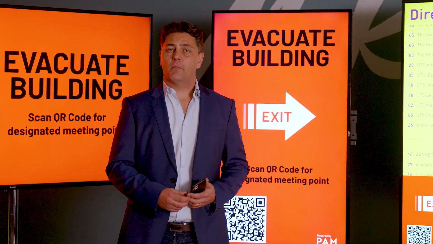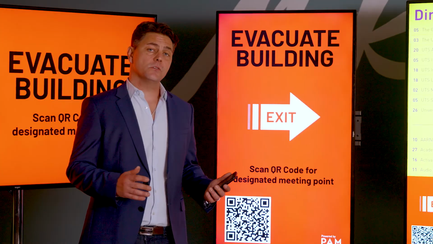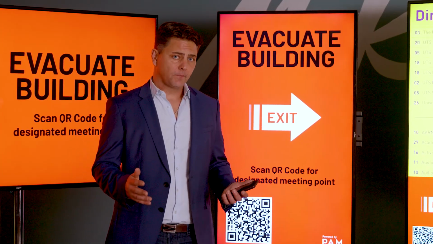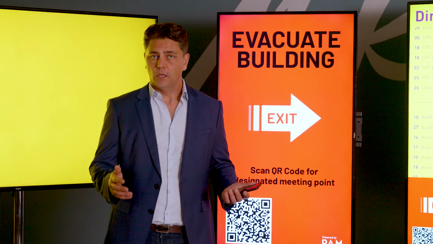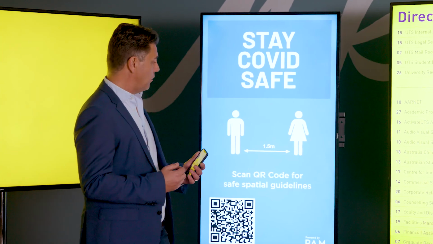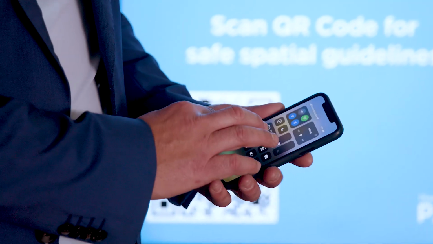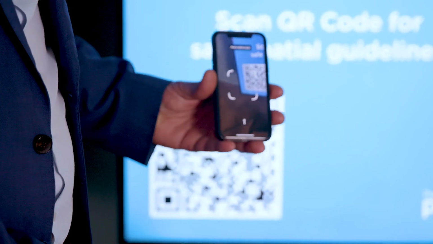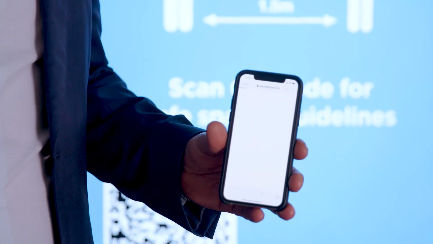Another example of how PAM can be used to drive smart content to help a situation would be around COVID. So as we reopen buildings and return to the new normal, we need to know information that keeps us safe. So obviously social distancing is key to this. And with a QR code that can be scanned on any one of these touch points, you can see a